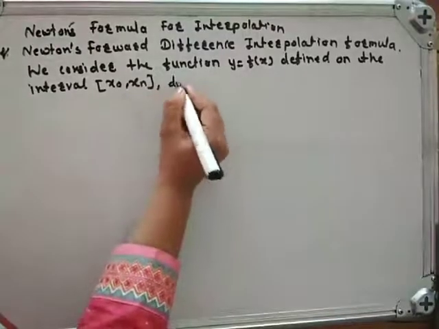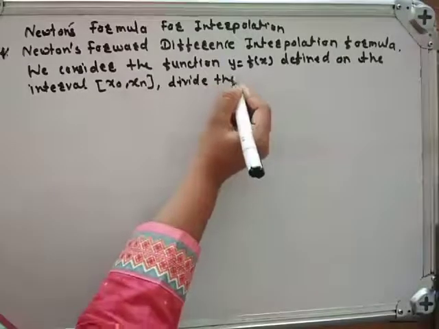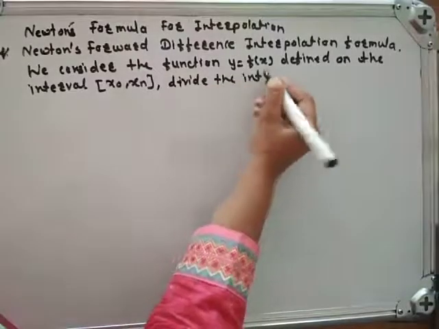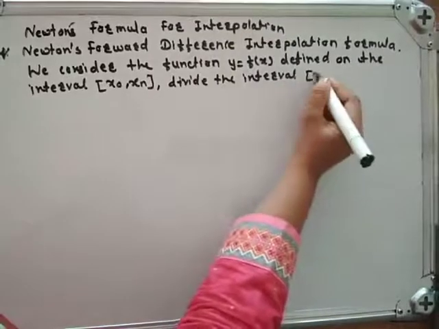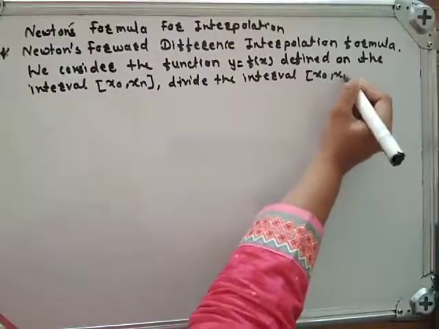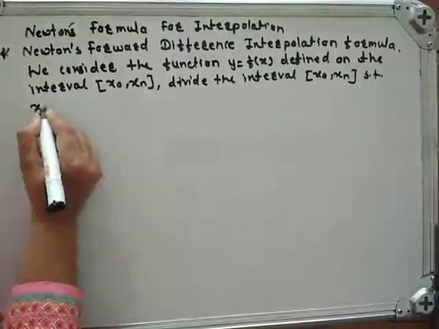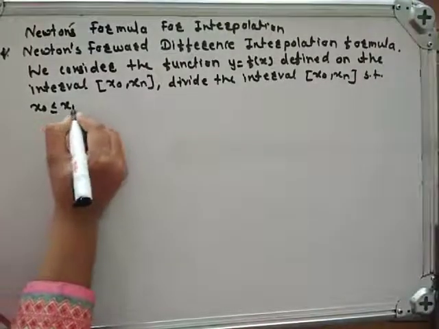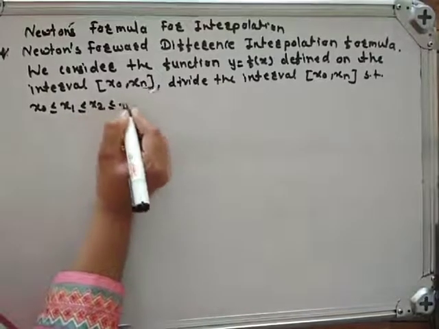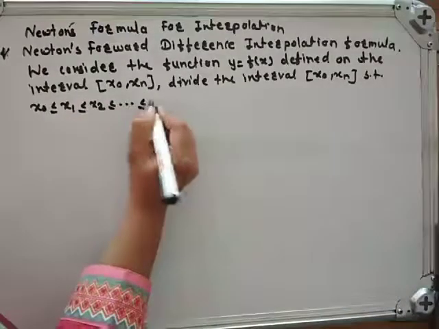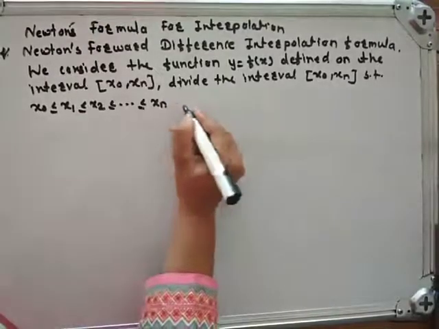Divide the interval x0, xn such that x0 is less than or equal to x1, which is less than or equal to x2, less than or equal to, and so on, less than or equal to xn,